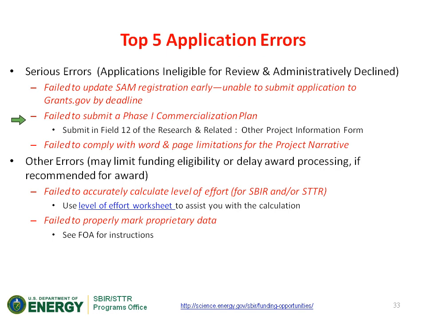The other challenge we've seen is people forget or fail to submit a Phase 1 commercialization plan. Again, if you leave this out, this is a requirement, we cannot review your proposal. So the tricky part of this is you do submit it in a particular field, field 12 of research and related. Grants.gov does not check for that document specifically because it's in a field with a lot of other attachments. So if you fail to put it in, you won't get a message back from grants.gov that you left it out. We will only notify you after DOE has pulled the application down from grants.gov and found that out.